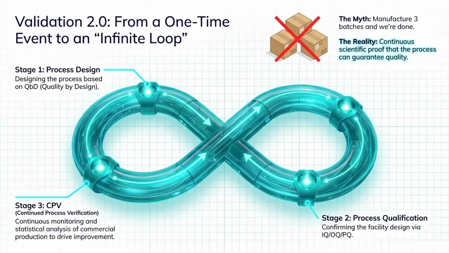Slide 9, Validation 2.0, from a one-time event to an infinite loop. There is a common myth that process validation simply means manufacturing 3 successful batches and being done. The modern reality is Validation 2.0. It is an infinite loop providing continuous scientific proof that your process can guarantee quality. It involves Stage 1, process design based on QBD, Stage 2, process qualification to confirm facility design, and Stage 3,